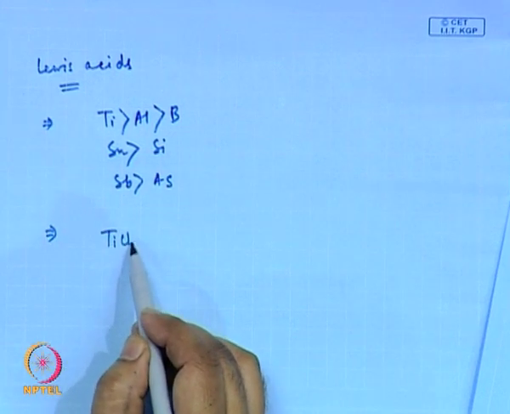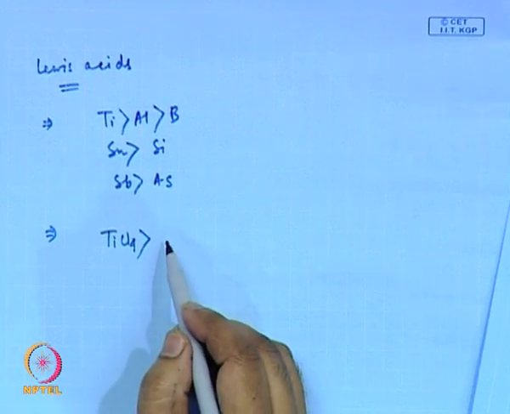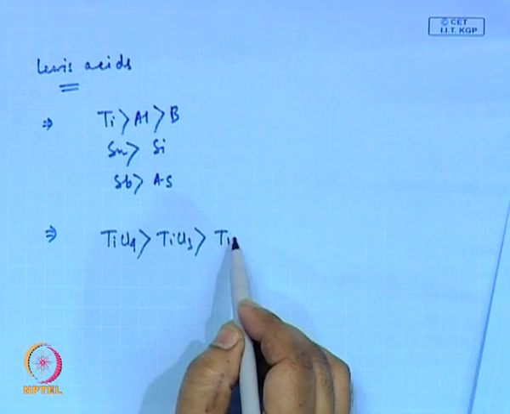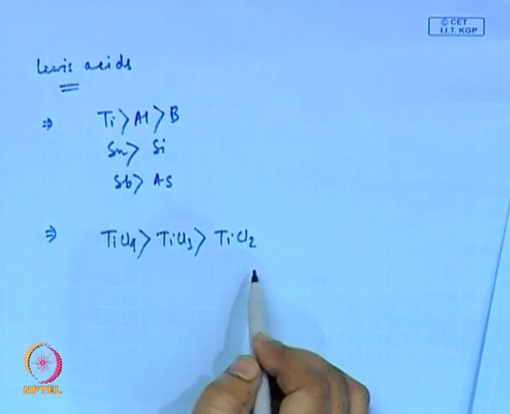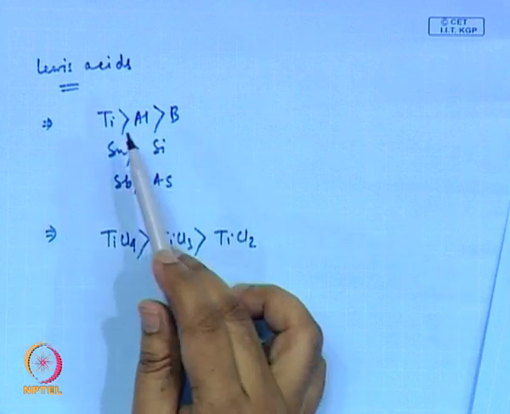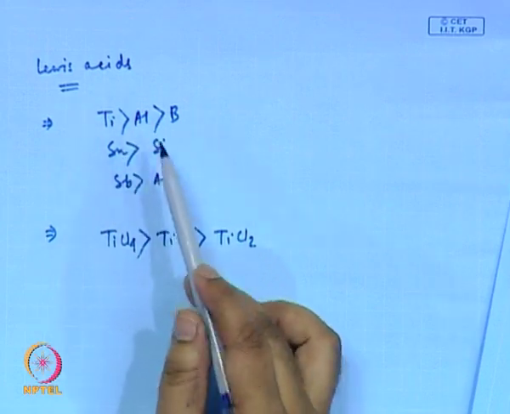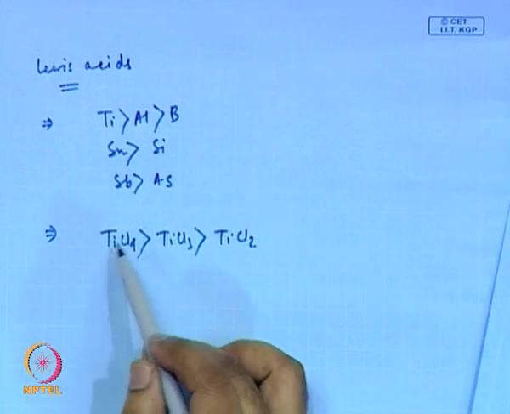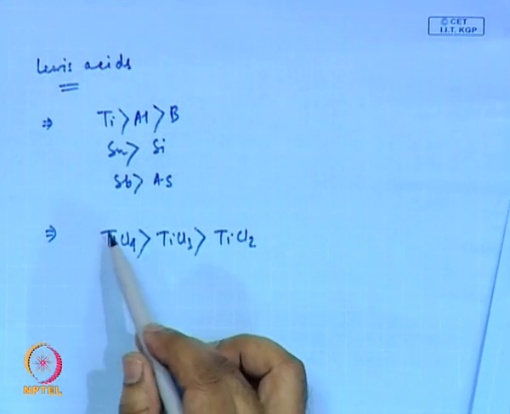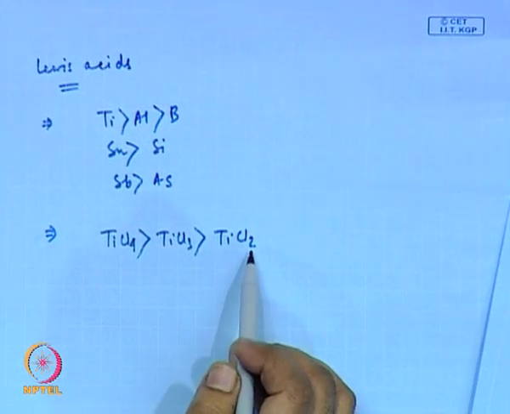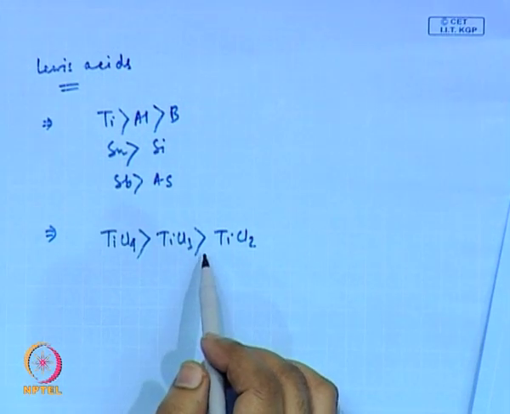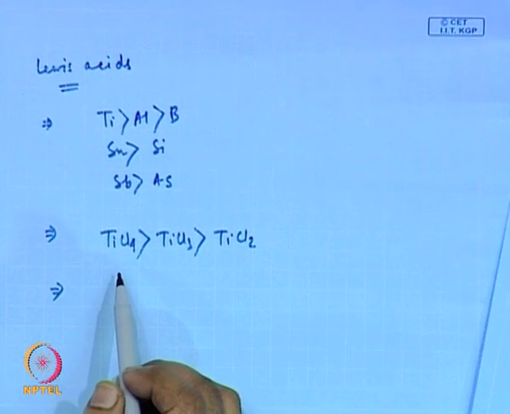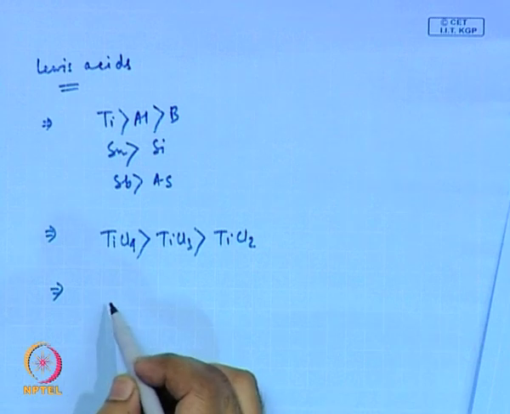So, TiCl4 has more Lewis acidity compared to TiCl3. So, if we compare between different metals, the atomic number will determine the Lewis acidity, and for the same metal as its oxidation state increases, the Lewis acidity increases,